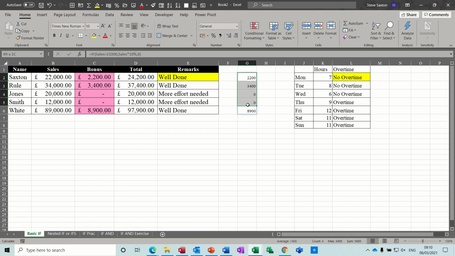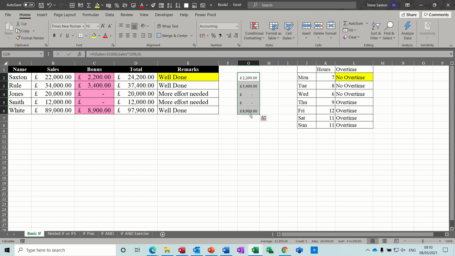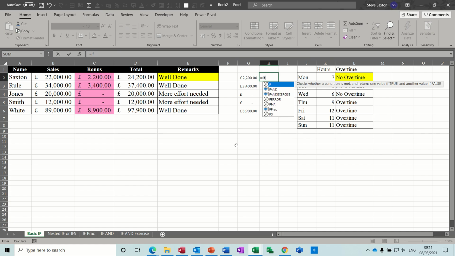And then these need to be formatted into pounds like so. Now if I do the next one, which is this one, so it's equals IF, open the bracket, I'll use this cell as a test. So if that is equal to 0, comma, that means I haven't got a bonus, open quote, so I did shift and number 2 on the keyboard, and you want to say more effort needed, close your quotes, comma, and then open quotes for the false bit, and this time you're going to say well done,